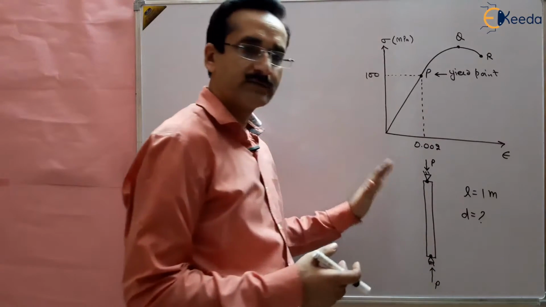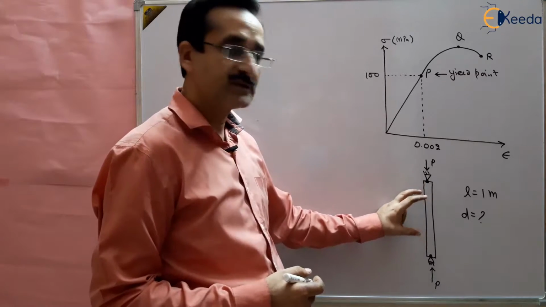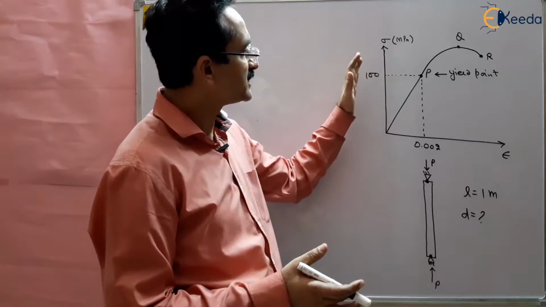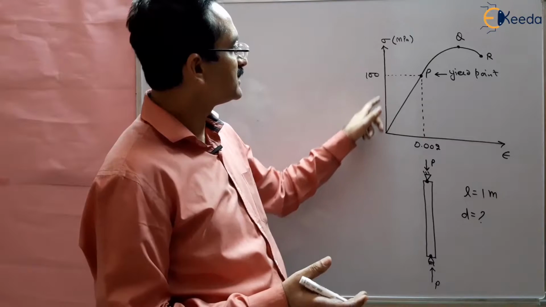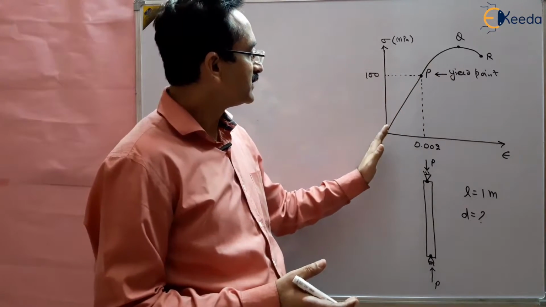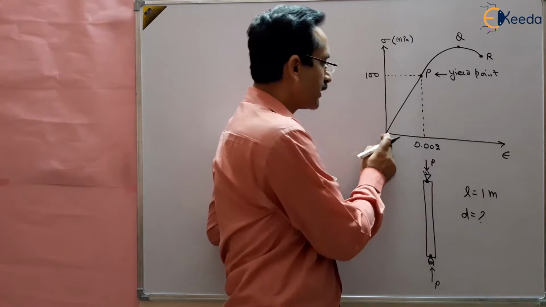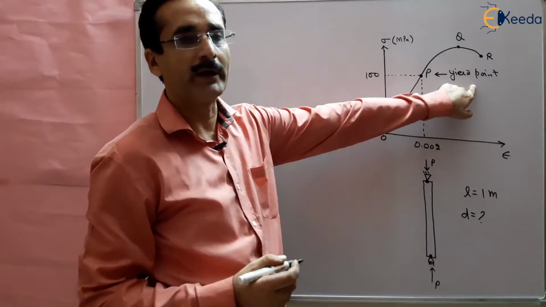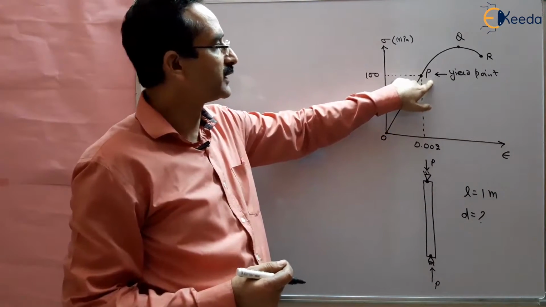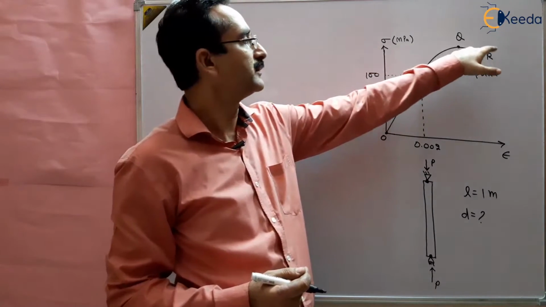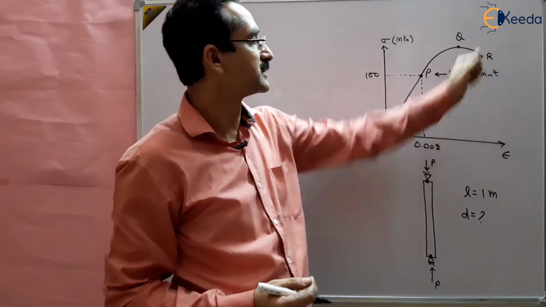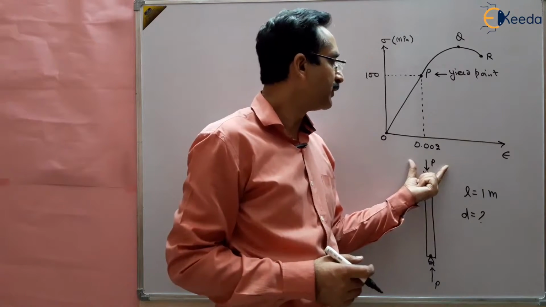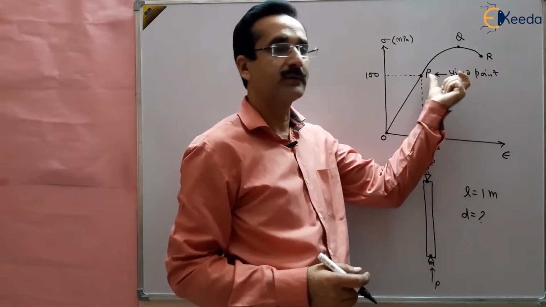As the load is applied, stresses will be developed and there is some strain, change in length, and a compression test is done. And when the compression test is done, we are also drawing the stress strain curve, right? So with the increase in stress, there is increase in strain. Initially, it is linear from the origin to the certain point P. There is linear variation, and then we get the yield point. This P point is the yield point. After that, some deformation is there, which is not linear, with some curvature. We have to find out the buckling load or safe load before the yielding takes place, right?